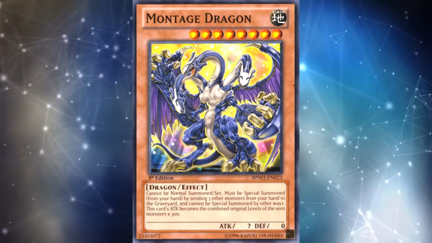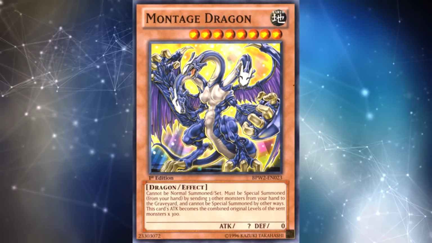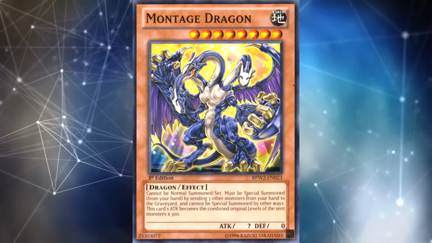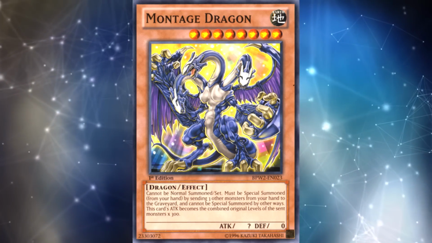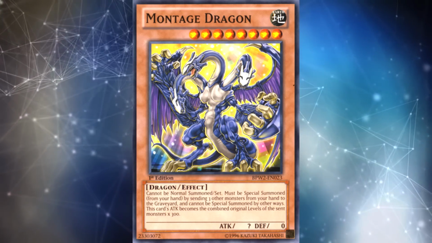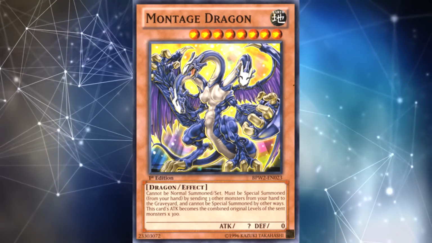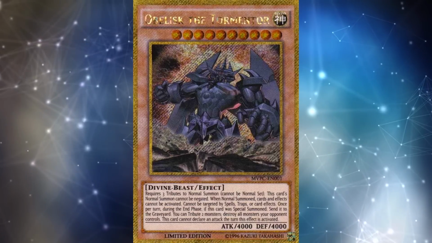However, just like the God cards, except for Obelisk, Montage Dragon also suffers the same fate where it doesn't really have protection. I've mentioned this time and time again, but Ra and Slifer, outside of their normal summon protection, don't actually have any way to prevent them from being destroyed or bounced back to the hand or just run over in battle. In general, the only God card that has seen play competitively is Obelisk,